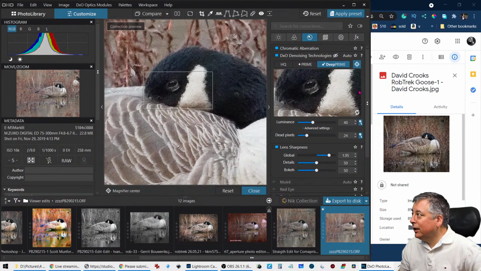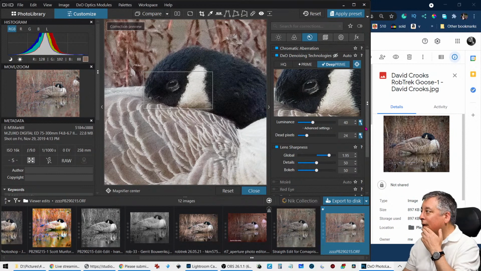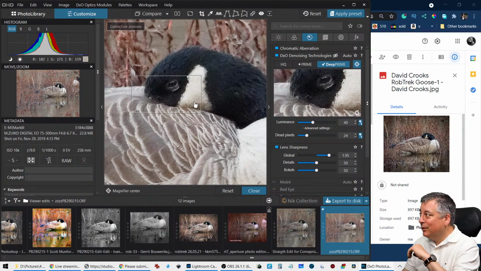Let me see how we're doing on the eye. I think Workspace should adopt this idea where it only does all the processing in this little window instead of the entire image to speed up the processing. I think I can do a little more sharpening. I don't want to do so much, but okay. And then